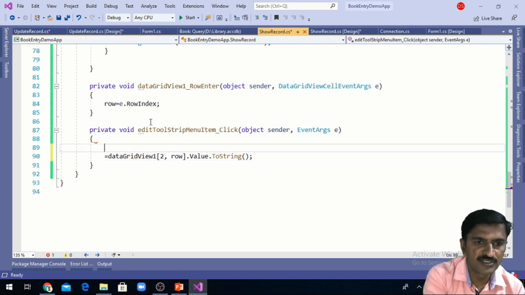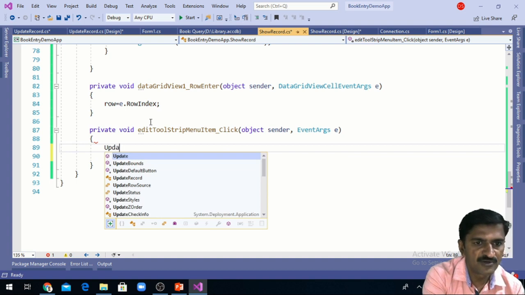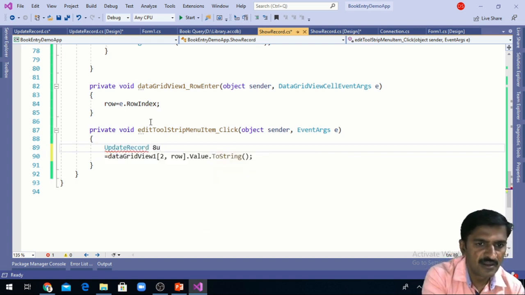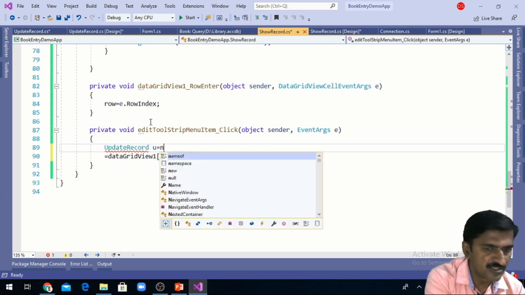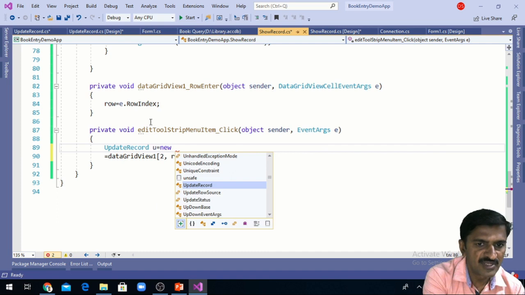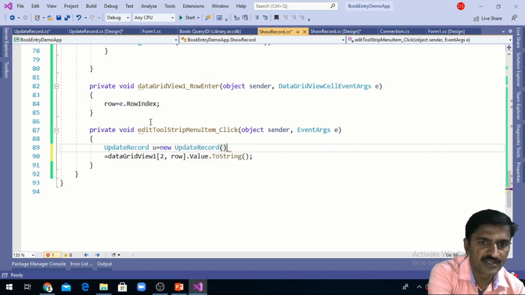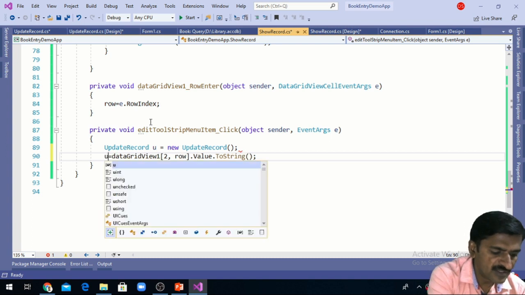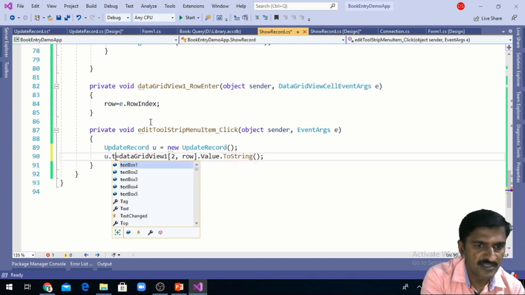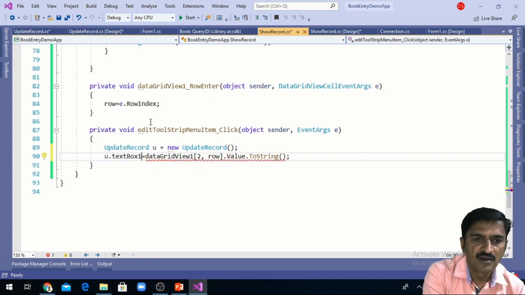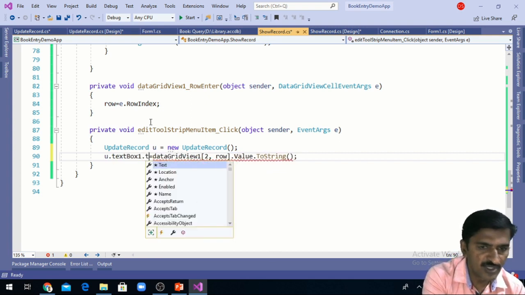So first I need to create the object of update record form. So I am creating here object u is equal to new. I am initializing the update record form, and using this u I can access the text box which is there on update record form. U dot text box 1 dot text.